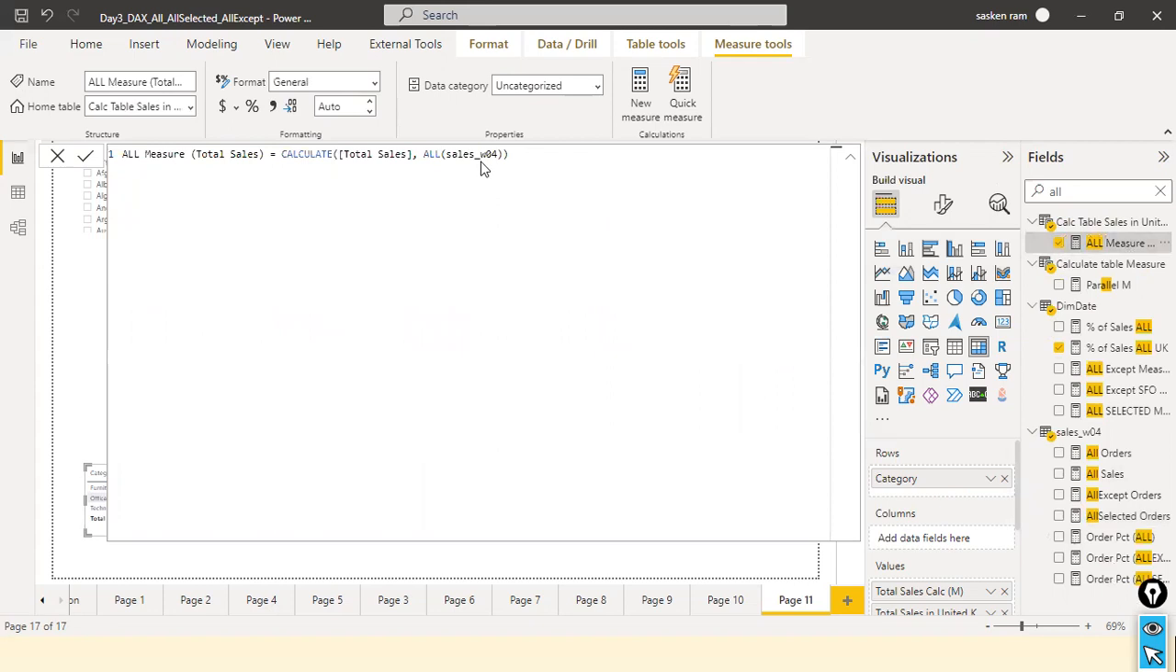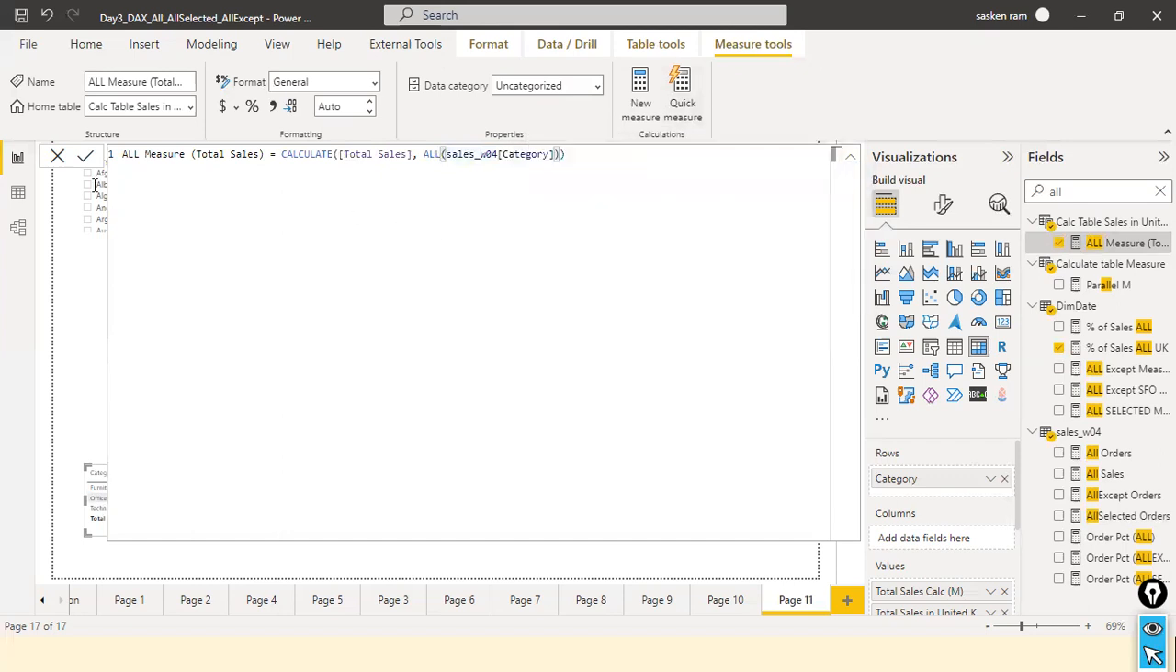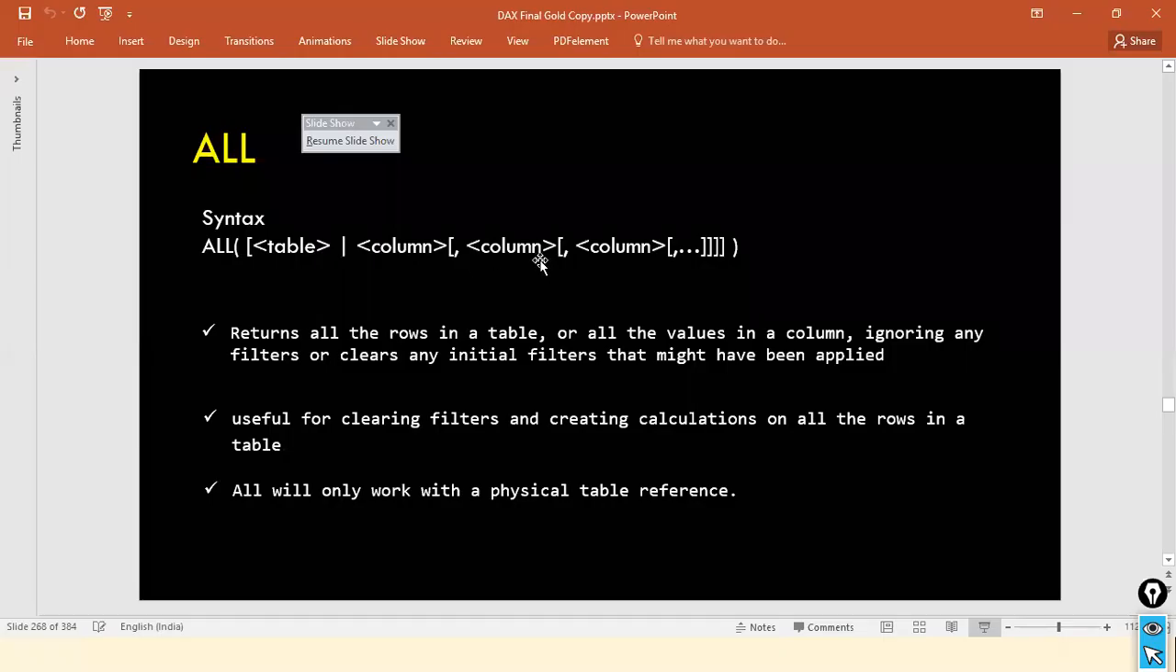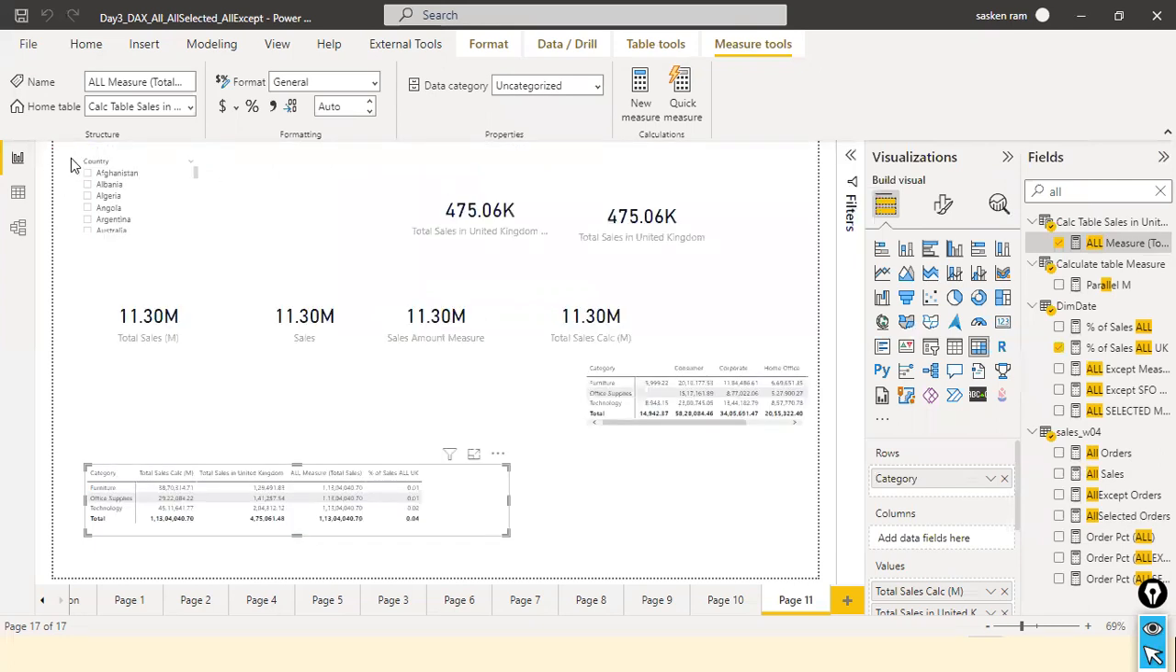Okay. Here, can I specify a column instead of a table? Can I also specify the column name? Yes, right. That is the syntax here. You can specify the table name itself, or you can specify the column. You ignore the filter only from the category column. Okay, but we are using the country column there. Let's say if I do this one,